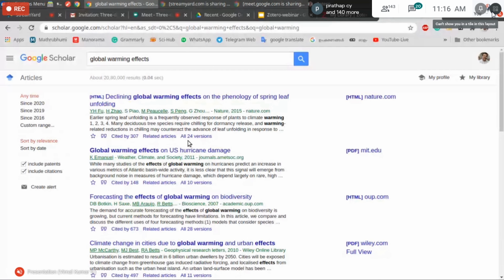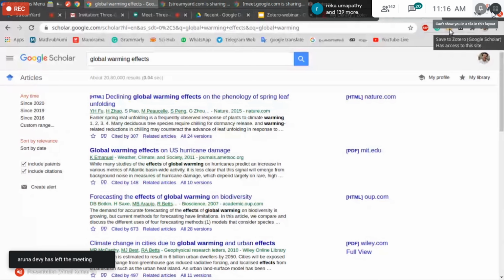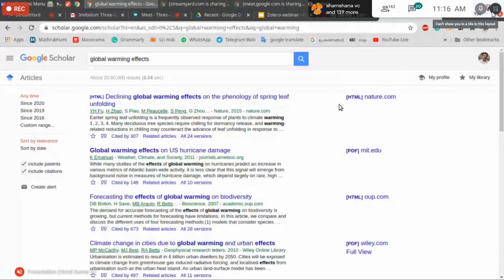It's a list only. You have to notice that when Zotero finds a list of journal articles or scholarly literature, the add-on icon of Zotero is converted into a folder shape. It means this page contains a list of references.